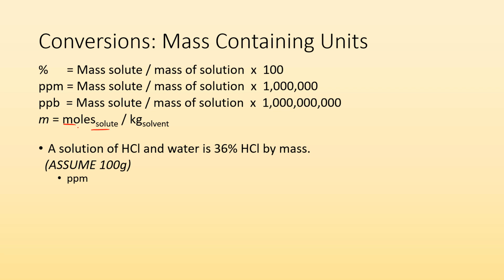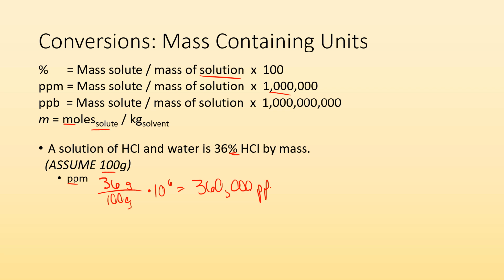Well, I know I have 36 grams of HCl if I'm assuming 100 grams, divided by the mass of the solution. Well, I just assumed 100 grams, so 36 divided by 100 times a million, parts per million, and that's how I end up with